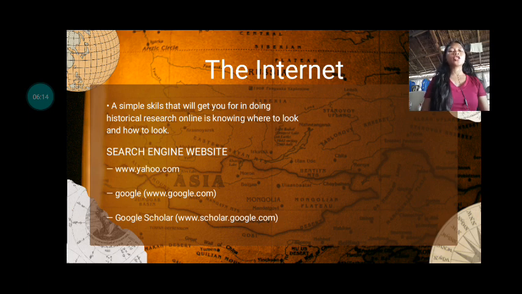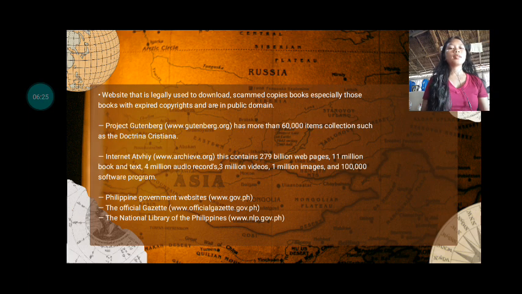So we have search engine websites: www.yahoo.com, www.google.com, www.scholar.google.com. Websites that are legally used to download scanned copies of books, especially those books with expired copyrights that are in the public